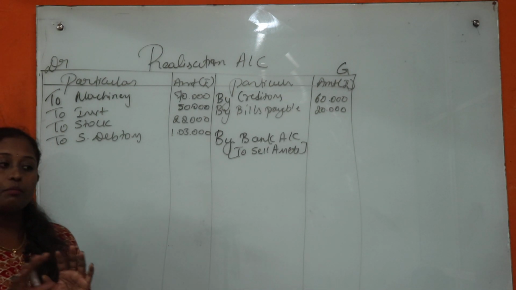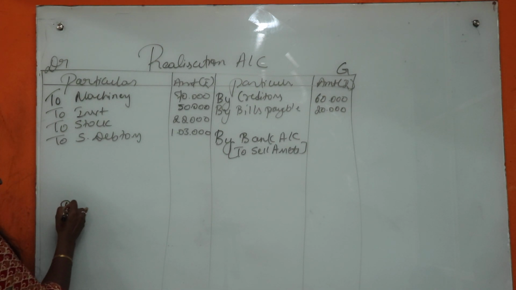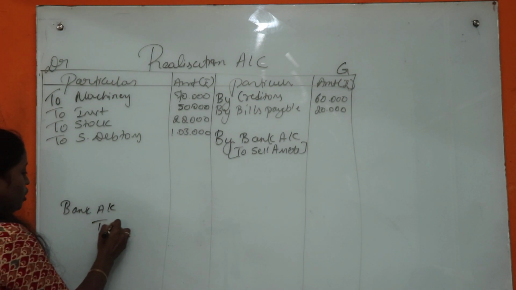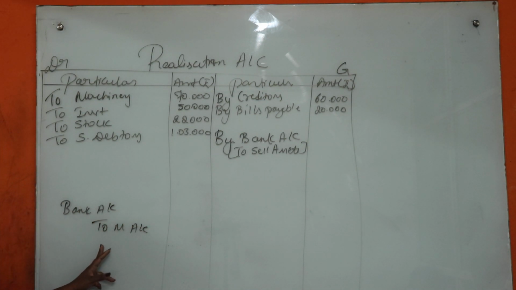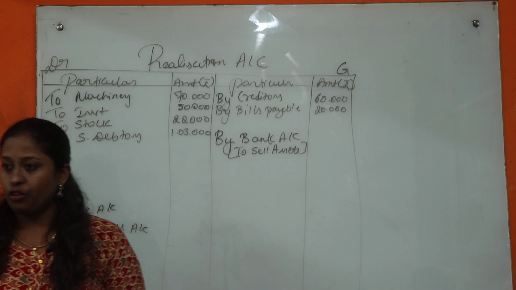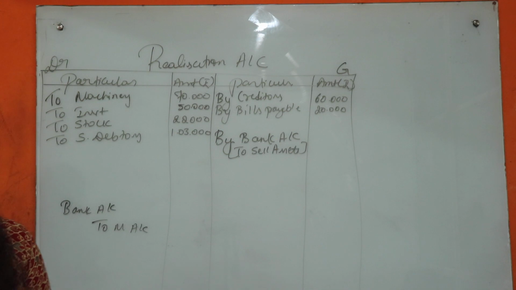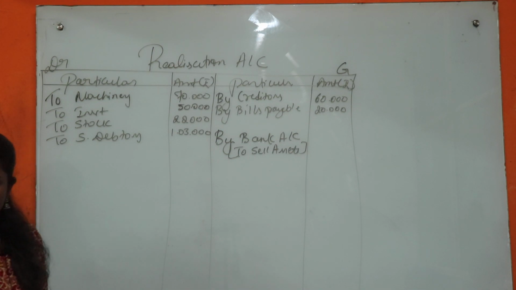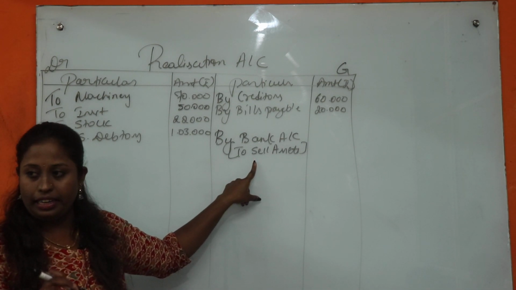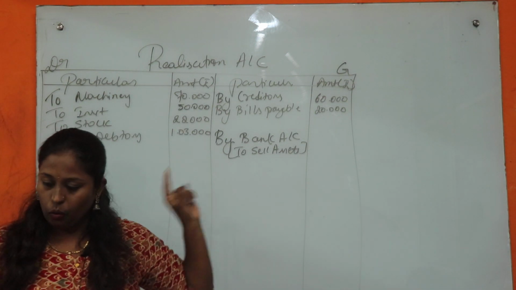Look here, whenever machinery is sold, what will be the journal entry? Bank account debit, because what comes in is debited, and machinery account credit, because what goes out is credited. Now if you want to record in bank account, there must be something coming in. Here the creditor is just taking over, so we will not record it in that manner. That's the reason we will not consider this asset as being sold, because it was taken over by creditors. Getting the point clear? Okay.